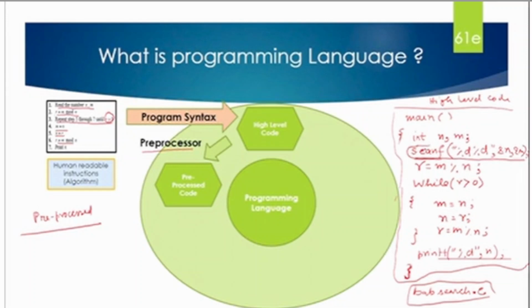The shortcuts are very simple statements, so your actual code may be a little longer. Therefore this scanf will be replaced by maybe a few more lines. Similarly, printf is again a shortcut, so we will replace it by some set of statements. So therefore